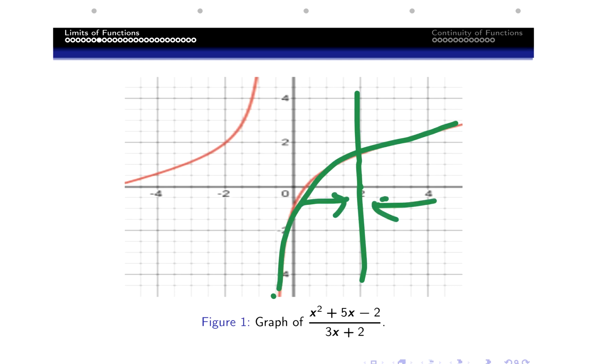Let me remove this. Okay, so this is 2 right here. So as x is approaching 2 from the left and from the right, what does this function move towards? So the function is moving towards, that's along this line. As x is moving towards 2, it comes somewhere around here. Then also from here, it comes to the same point. If you trace this, you'll discover that the answer we got was 3 over 2, right? 3 over 2 is the same thing as